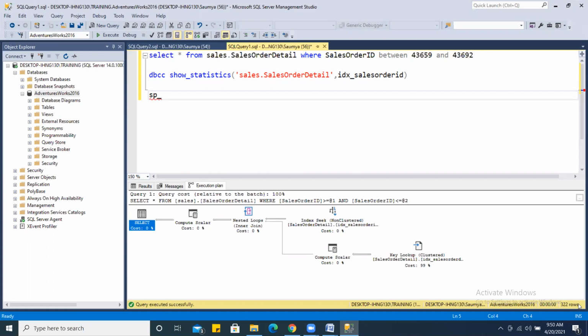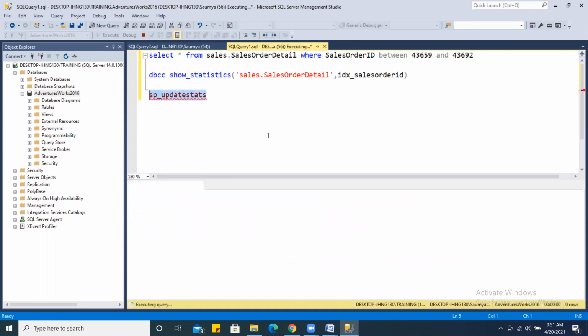So in order to update the statistics of your database, whatever statistics you have against all indexes, you have to execute not a command but the stored procedure, that is sp_updatestats, isn't it? Yeah, that's right.